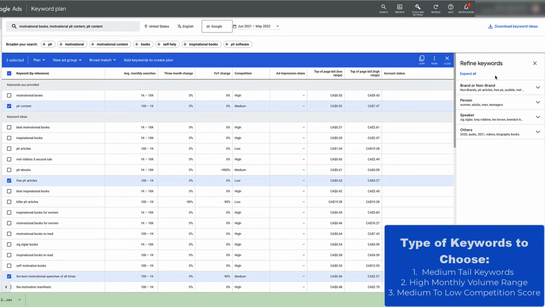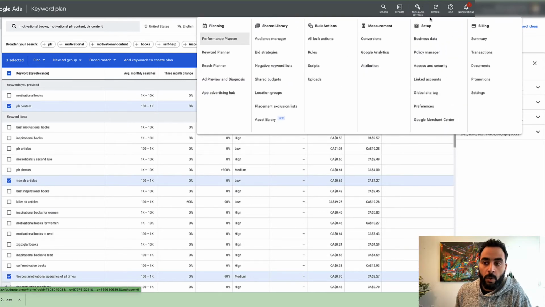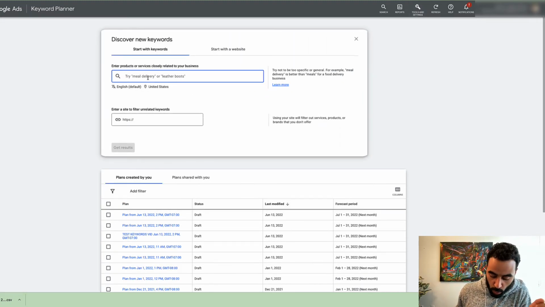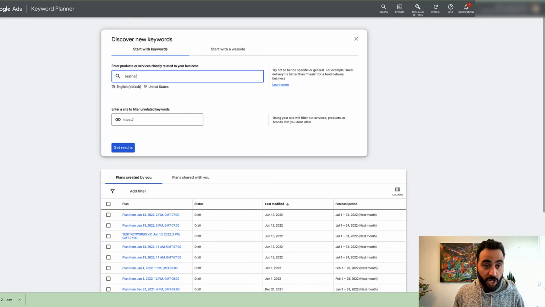Again, this is how you find keywords by using Google Keyword Planner. It's fairly simple. Just to recap, you hit the Tools and Settings button, and then you come to the Keyword Planner section under Planning. Once you tap on that, you arrive at this page. Focus on discover new keywords. Once you click on that, choose one broad keyword that describes your industry, product, or service. It could be, as Google suggests, leather boots,